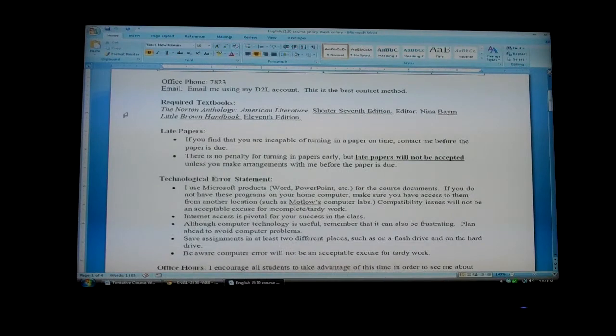Late papers, we'll have some papers, and just keep in mind that if you try to turn it in late, I will not accept it unless we've made arrangements for that prior. If you think that there's going to be a problem turning in a paper on a certain date, just let me know about it and we'll see what we can figure out. But if you try to let me know about a problem turning in your paper the night before it's due or the day before it's due, there's not going to be a whole lot we can do. We won't have a lot of options.